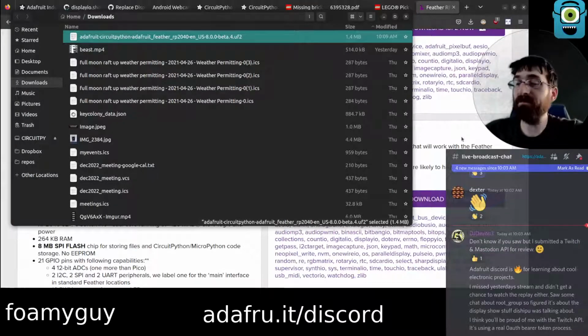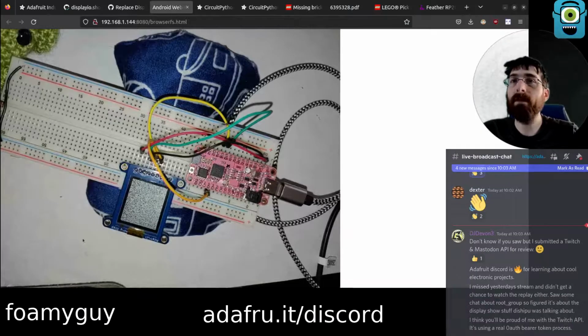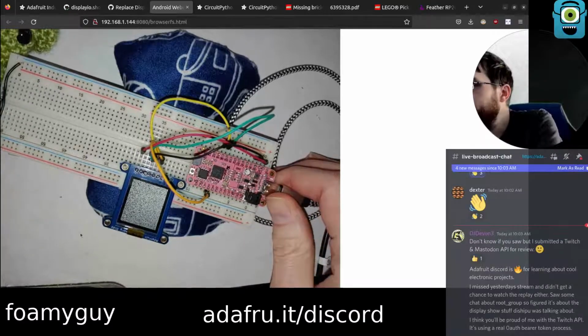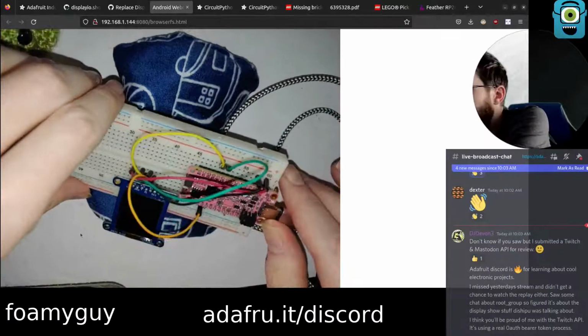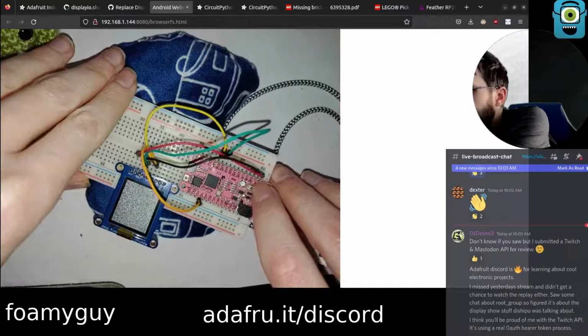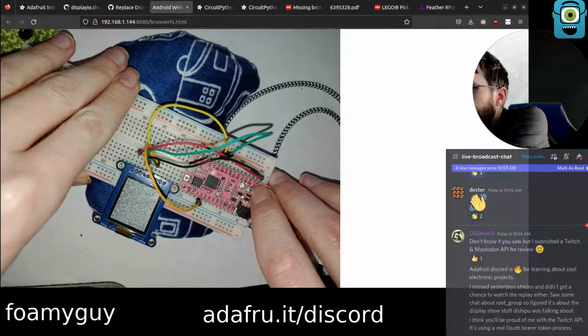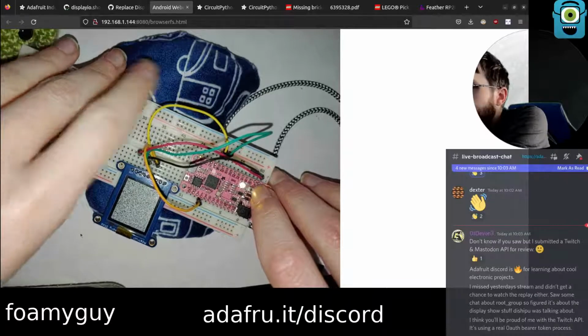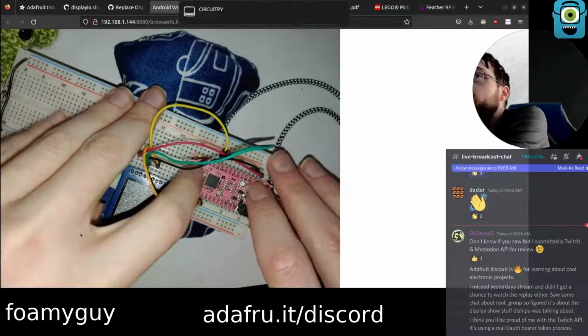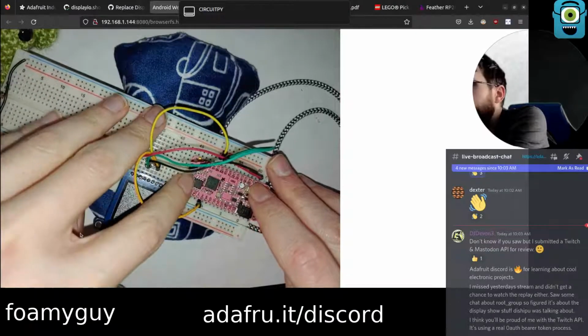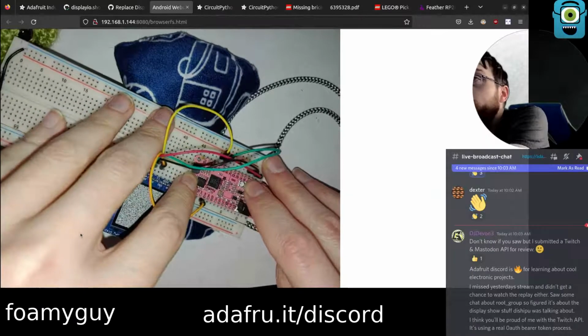Wow, excuse me. Did not mean to do that. That probably was pretty loud, sorry. We want to get to bootloader. So, yeah, I forget. Does this one do double tap reset, or do you have to use the boot button? It doesn't turn purple. Makes me think I probably have to use the boot button.